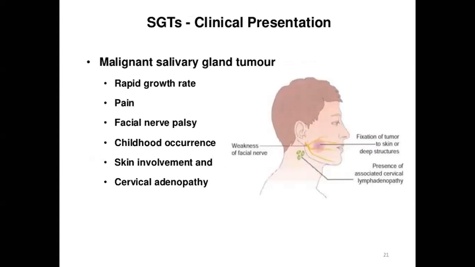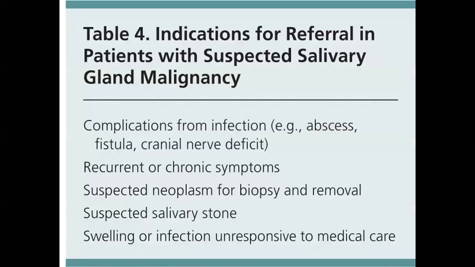Now, malignant salivary tumors may have rapid growth rate, pain, facial nerve palsy, can occur in childhood, skin involvement, and cervical lymphadenopathy. Indications: patients with suspected salivary gland malignancy, complications from infections, abscess, fistula formation, and cranial nerve deficit. Recurrent chronic symptoms, suspected neoplasm for biopsy, and removal of suspected salivary stones, swelling, or infections unresponsive